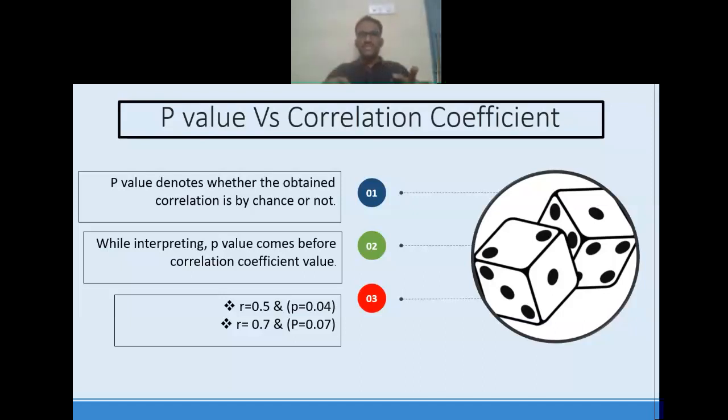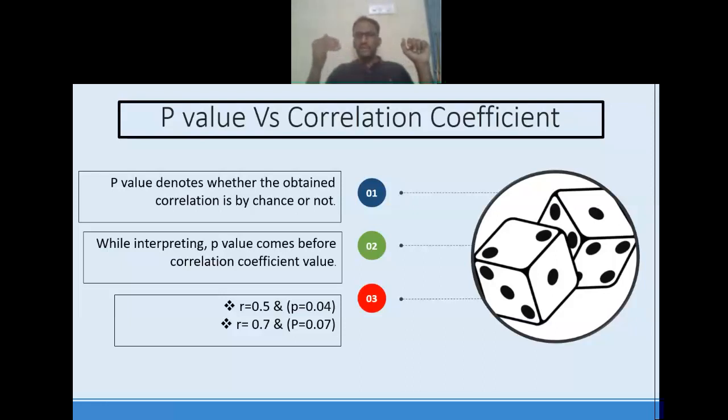Let me explain this with an example. We are doing a study and you get an R value of 0.5, which denotes a moderate degree of correlation. But you have to see whether the p-value is significant or not. If the p-value is significant, then we can ascertain that the correlation obtained is a moderate degree correlation. Let us see the second example, where the R value is 0.7, which is somewhat around a high degree of